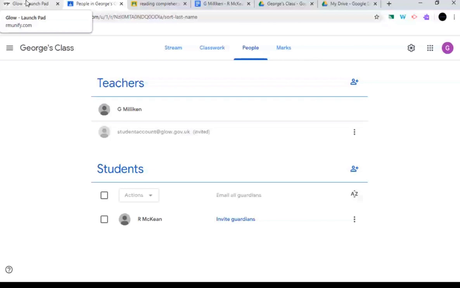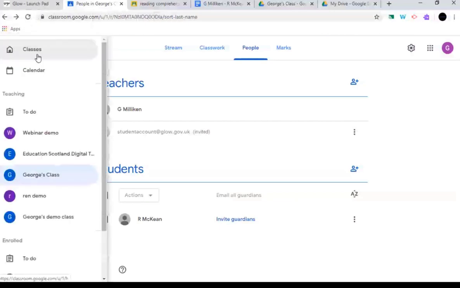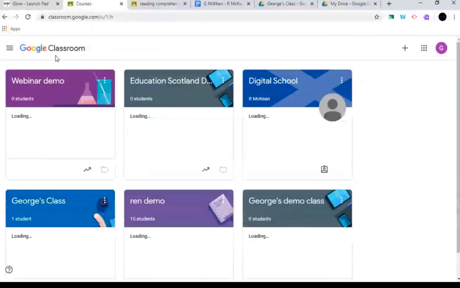And sometimes that's a wee bit different from the pupil permissions. And if a pupil's having trouble with something, you can't quite see what they're saying. So I have set up a class called Education Scotland Digital Team Demo. The class code is